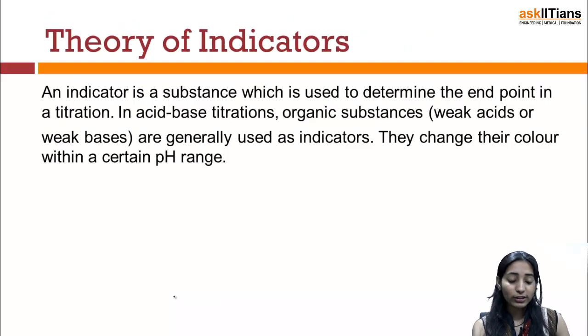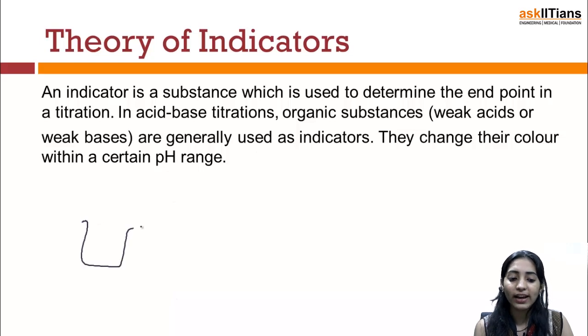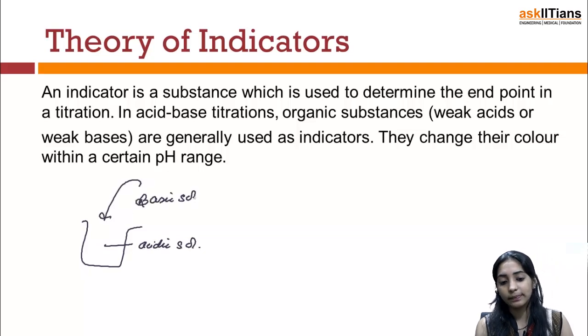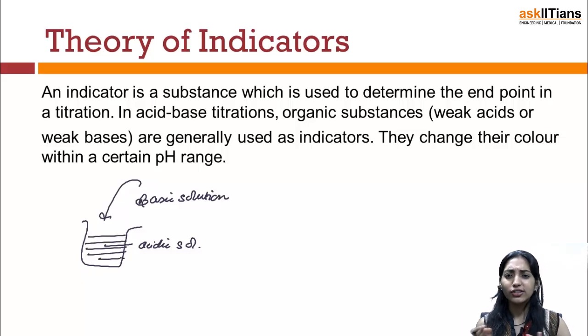Now once we have moved over the solubility product, let's talk about indicators and the types of indicators which are available to us, which we use in everyday examples. So I say that an indicator is any substance which is used to determine the end point in any titration. What do we mean by a titration? Let's say, for example, you have an acidic solution, and to that acidic solution I am adding a basic solution from outside. So I ask what amount of basic solution is required to completely neutralize the given amount of acidic solution.